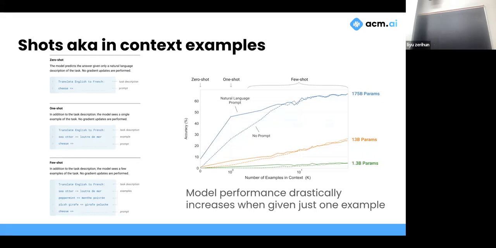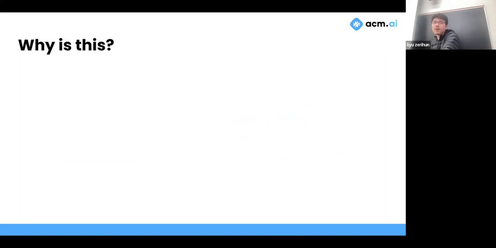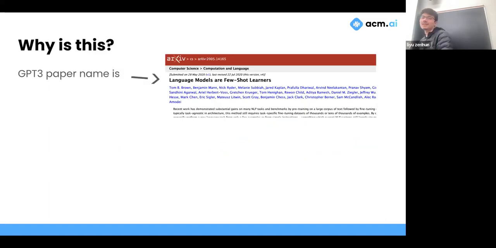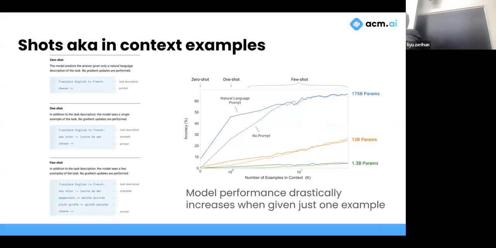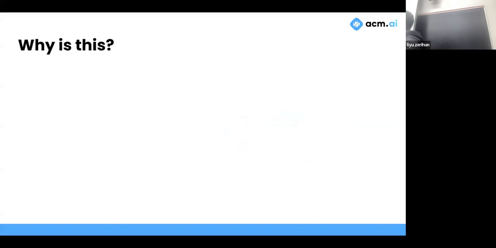And you can see it kind of tapers off when you give more and more examples. But again, just one. Look, 0 examples, and you give it, hey, this is what I want. This is the pattern you want to see. Because once it sees the pattern, it's like, oh, I can do that again, right? Again, internet, unstructured data. The GPT-3 paper name that they spent all the money on is Language Models Are Few Shot Learners, not Language Models Are 0 Shot Learners, right? They're really, really good when you get them few shot, but 0 shot, nothing, right?